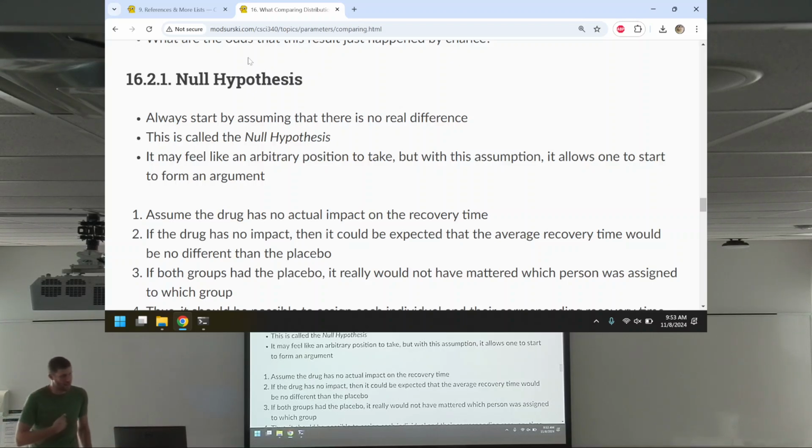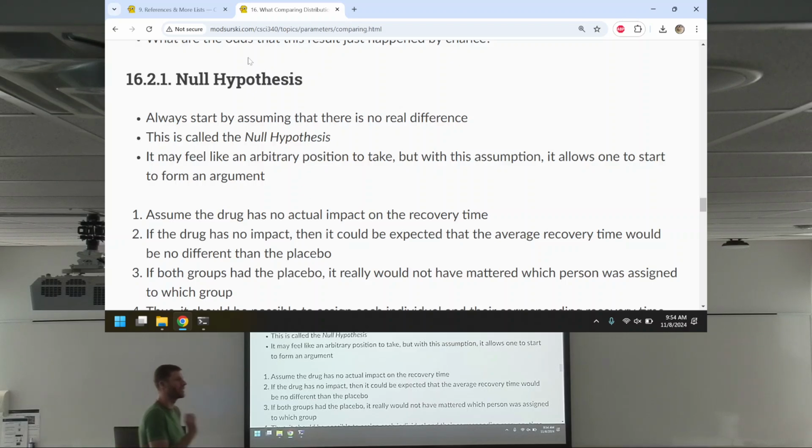Let's pretend this drug has no effect. Those distributions you saw, the fact that they were different, was pure dumb luck of the lottery, of rolling the dice. These drugs have no impact at all. What we saw was dumb luck. That's it. Okay? If this is the case, if the drug had no impact, then it could be expected that